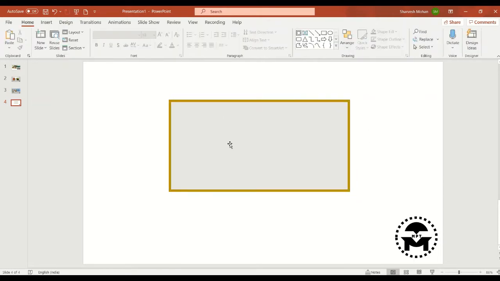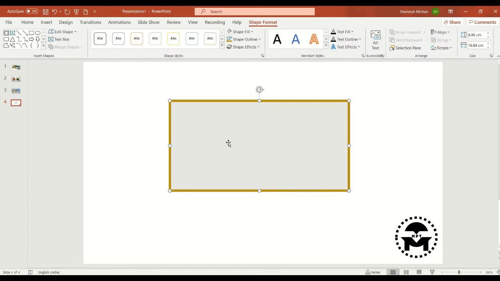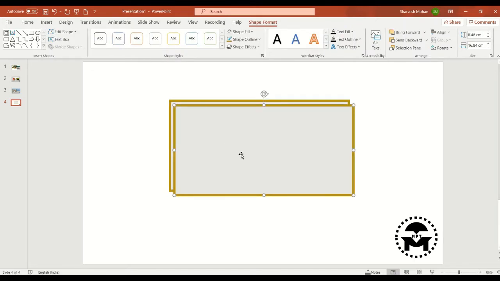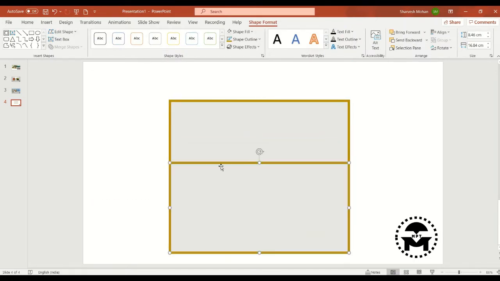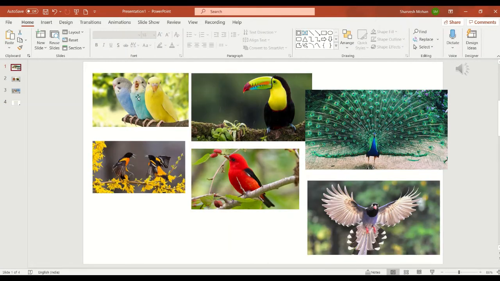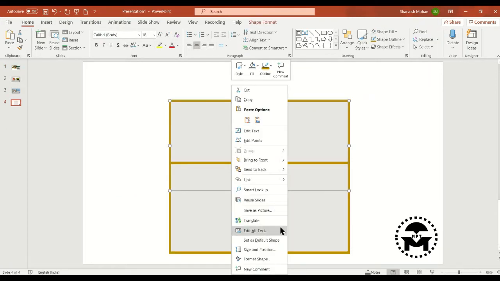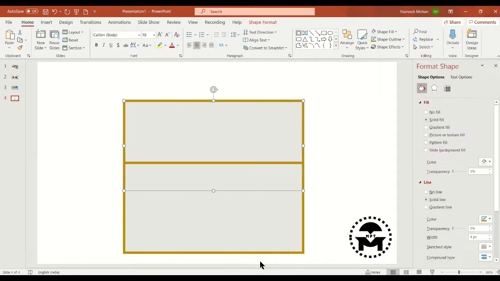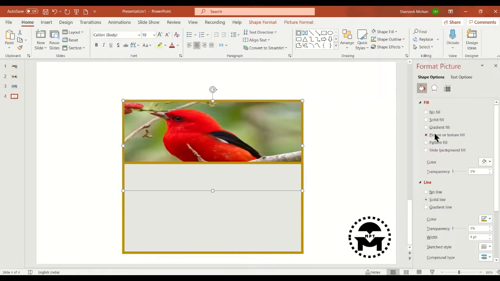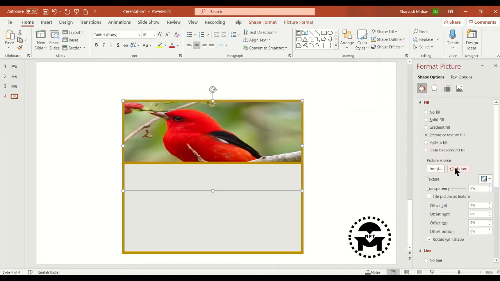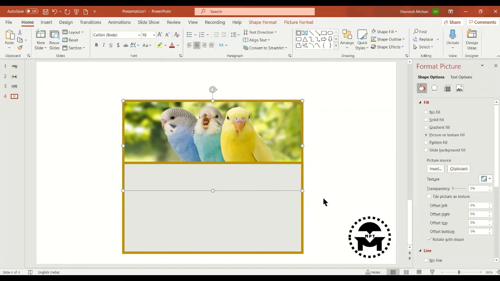Then duplicate this one, paste it here, click on this, we'll go to a picture, we'll take this picture, copy, right click, Format Shape, go to Text and Fill and paste this picture.